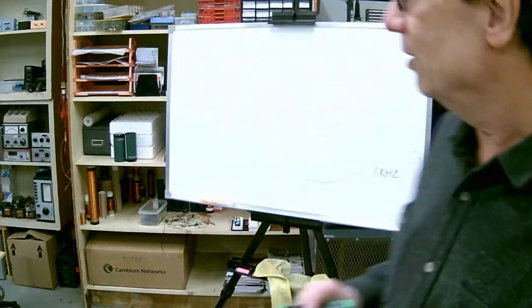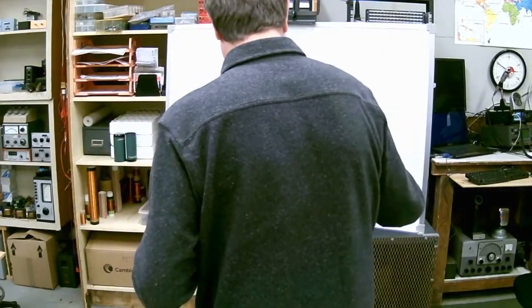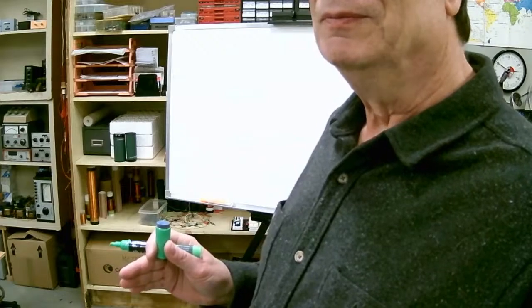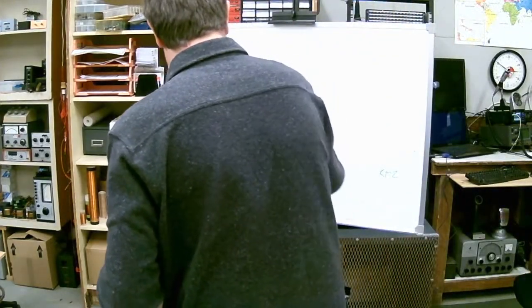Now, what we do here, if we want to analyze this, an oscilloscope has two axes. You're looking at horizontal, which is time. You've got your time axis, and you've got your amplitude. A spectrum analyzer shows you amplitude versus frequency. So if we were to plot this on a spectrum, radio spectrum,